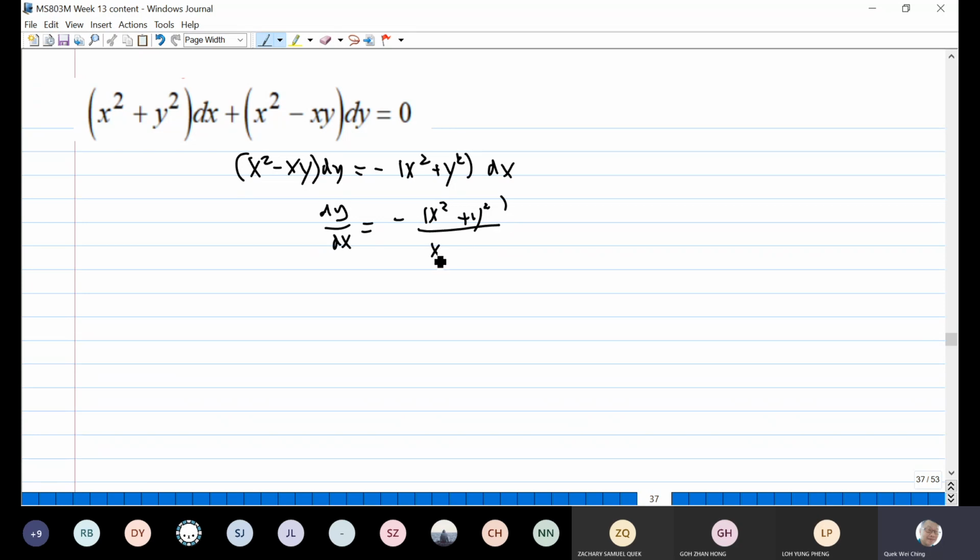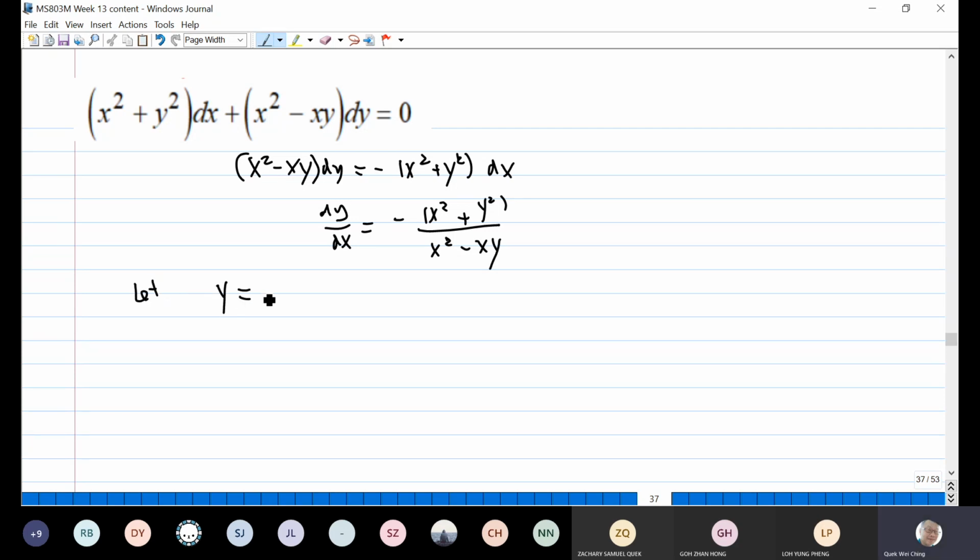Usually like this, so that is clearer. Of course, you can skip the middle step. Dy dx equal to this first. So the method, standard method, let